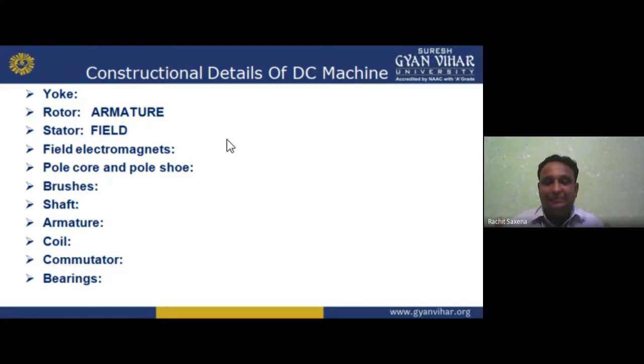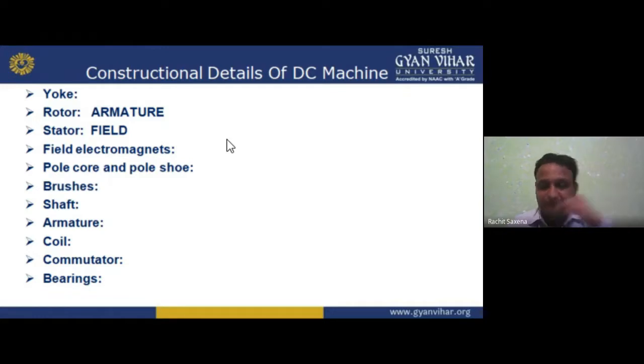So that armature is mounted on a shaft, and shaft is basically made up of iron or steel in the form of a rod which rotates. And if I want to rotate, then I need a rod system. That rod is known as shaft. So if having a shaft, then we mount the rotor on it, like this. So that is the shaft, and shaft helps in the rotation.